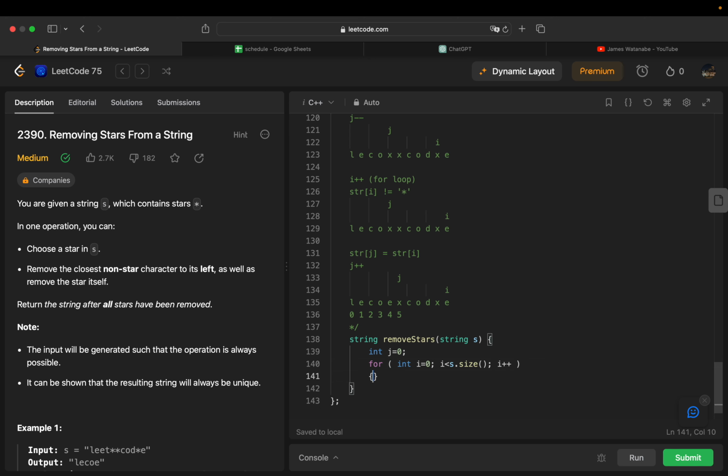We do the following. There are two scenarios. If s[i] is a star character,